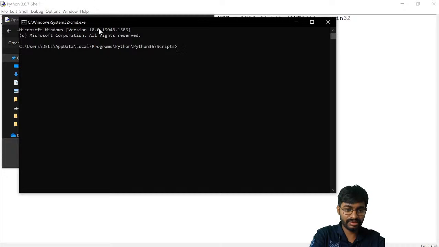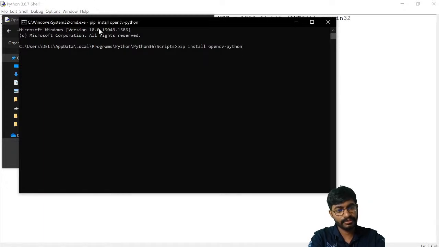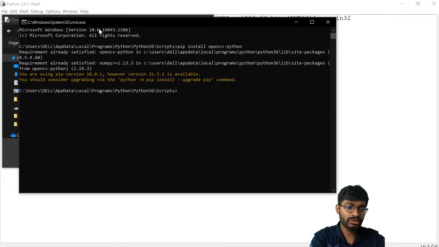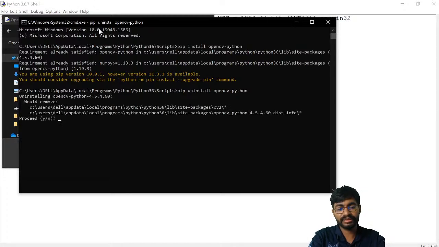Then pip install, whatever package you require. If you want to install the OpenCV package, OpenCV-Python, since it is already available in my system, it will show requirement already satisfied. The same way, if you want to uninstall, use pip uninstall OpenCV-Python.